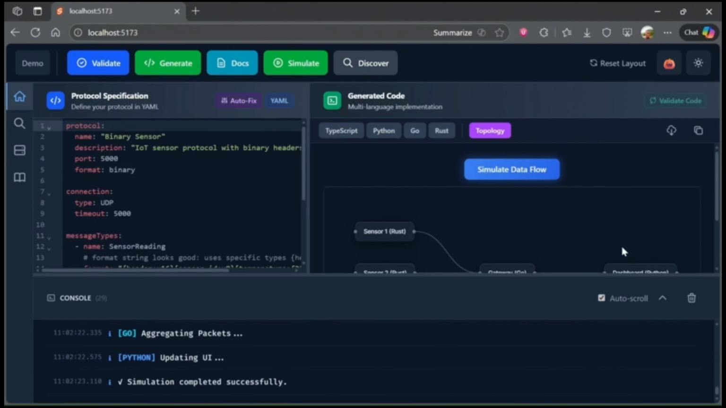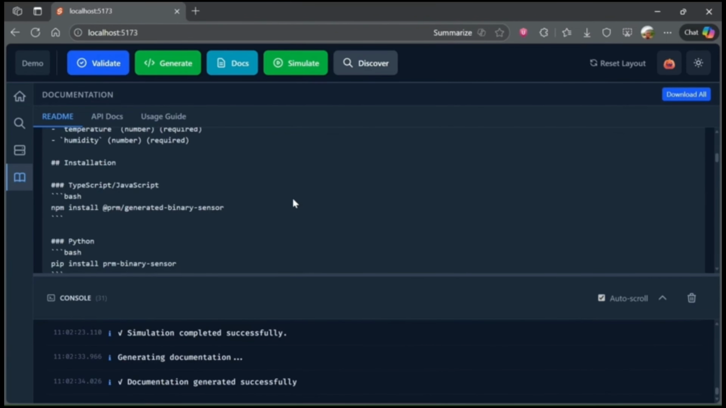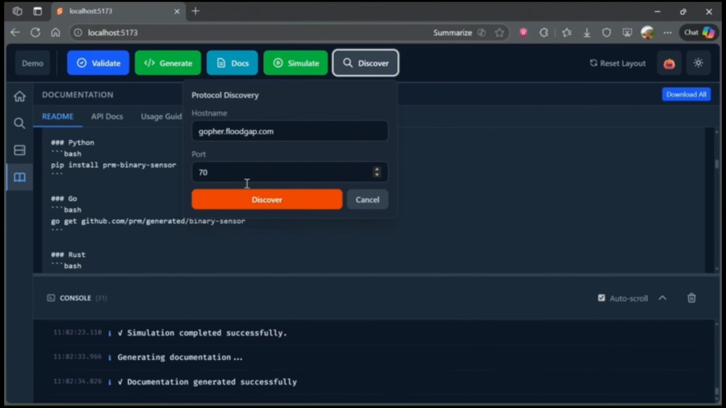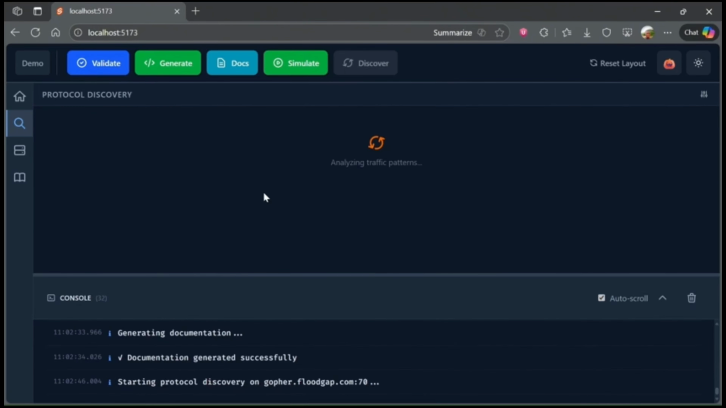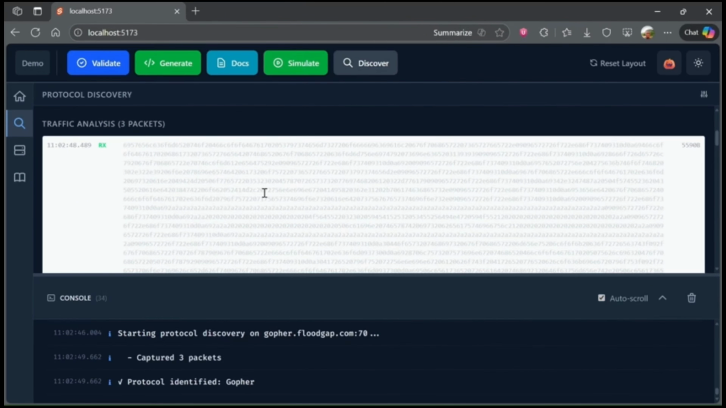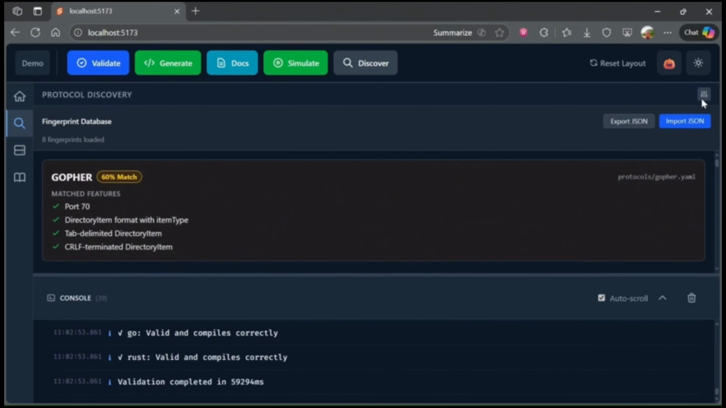Also, it has a documentation feature which can explain or give insights into the protocol that is generated. Then the host discovery button can discover the host of the protocol selected and also interact with it, sending packets to it. For example, this is sending 3 packets to it in real time. It has a 60% match with the fingerprint database,